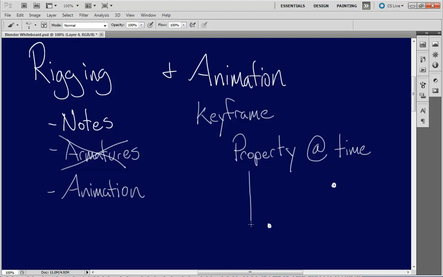Now, this is kind of a representation of a graph editor. And you guys are going to be playing with one of these today. You've already played with one a little bit. Let's pretend it's not a graph editor at the moment. Let's just pretend it's a graph. Going horizontally across the bottom, you'll see we have time. Vertically, we have value of the property. Now, to have animation, we need a change over time. So we need one state at a given point in time, and we need another state at another given point in time. And the transition between the two becomes animation.